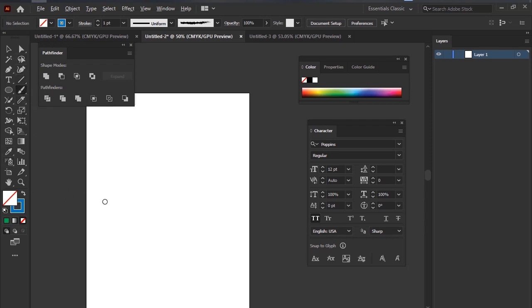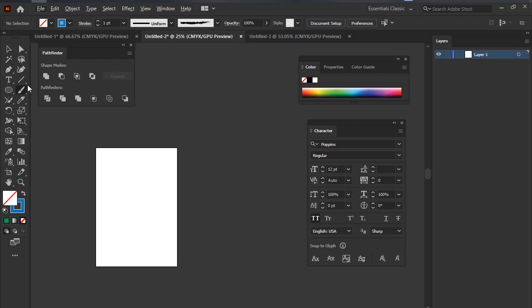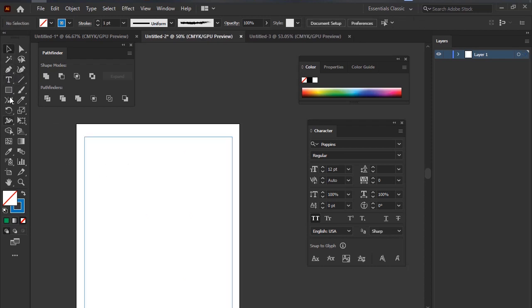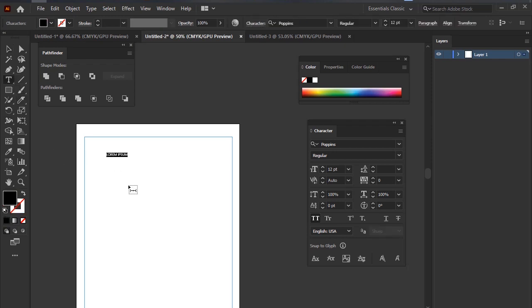Let's say you have made a document or some agreement or any certificate for your client. Let's draw a rectangle, and let's type certificate. Certificate of